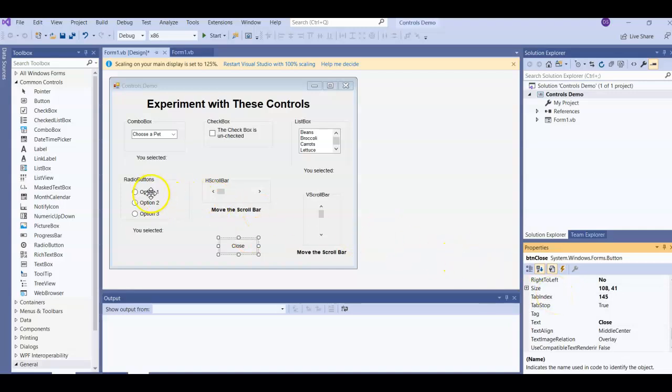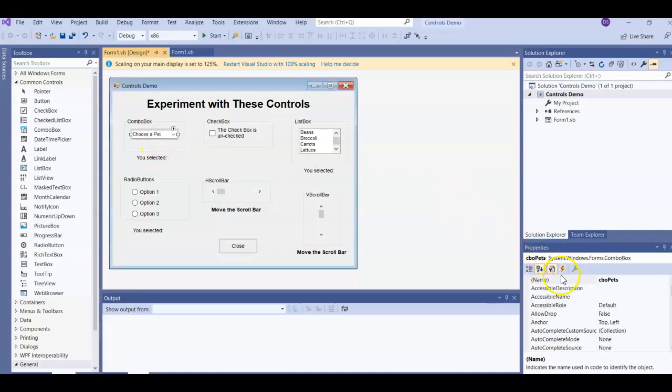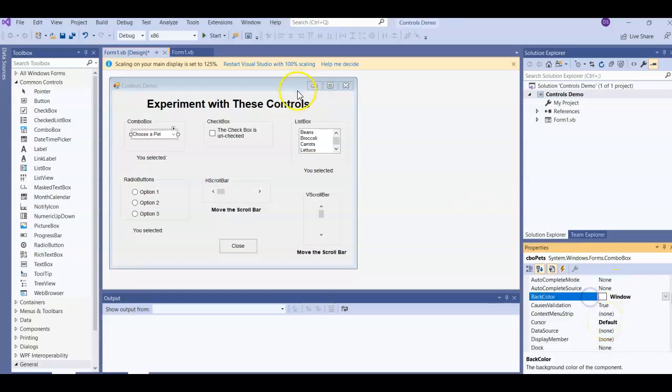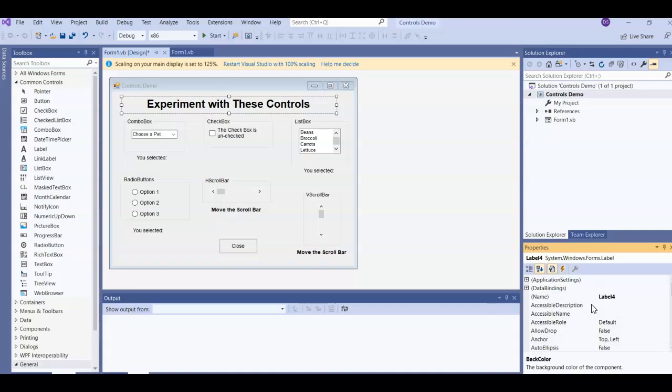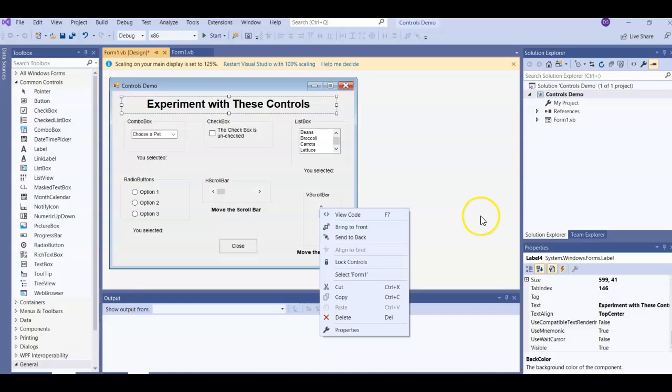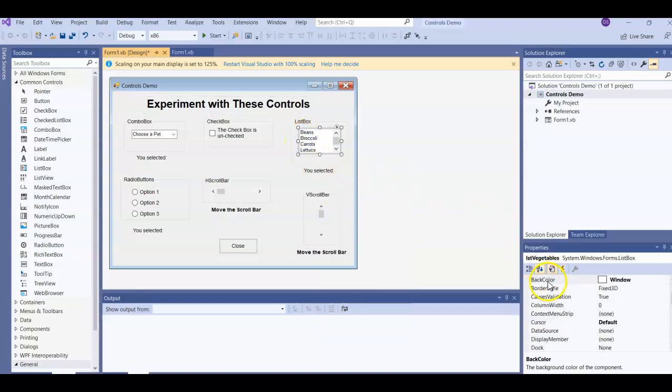And again, all of these have the same thing. If I come over here and I click here on Combo Box, you'll see a name and you'll see all the properties. If I click here, the name of this is label. Really, we want to use the LBL prefix, but it's just label at this point. And here's the text, experiment with these controls. So every time you select something over here, you can see the properties for that. And on the left-hand side in the toolbox is what allows us to drag new